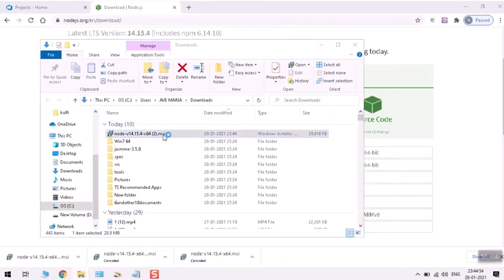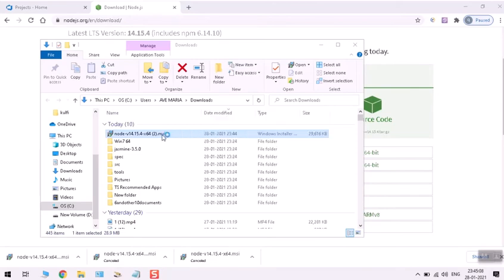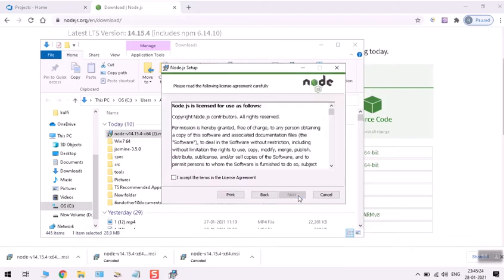It's very simple. We can install it right now. It started installing. The pop-up has started appearing, so let's click on the next button. Let's check the checkbox.